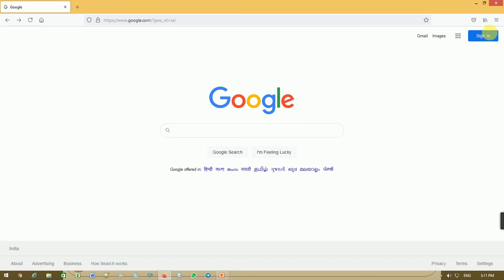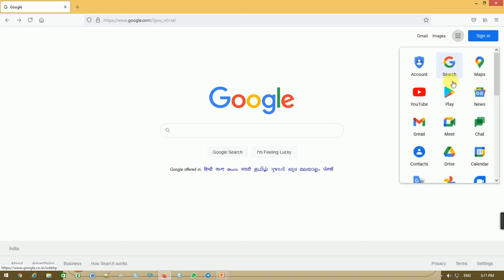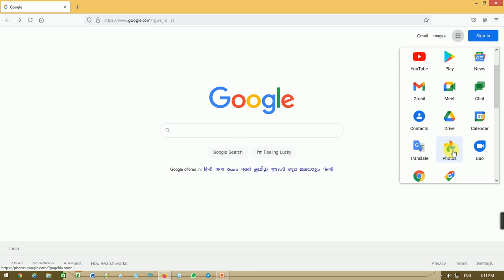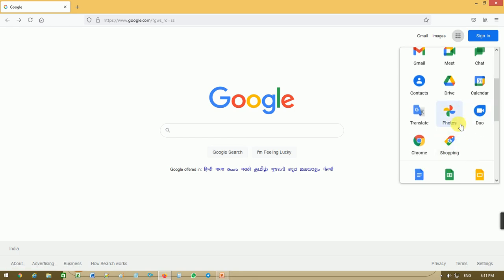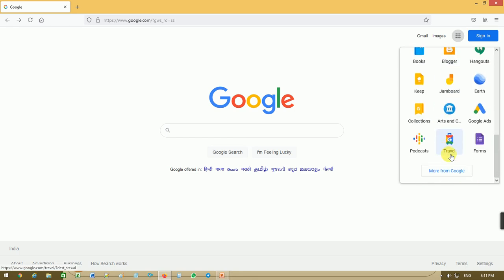See here, Gmail, images, and if you click on the grid, these are available: photos, calendar, docs, travel, and more from Google.